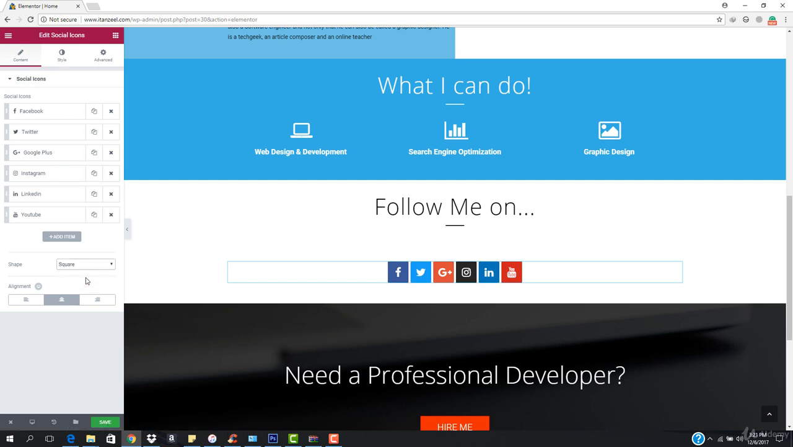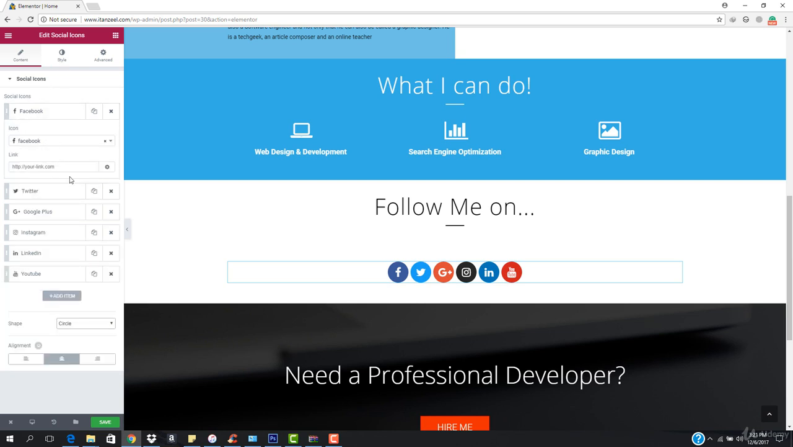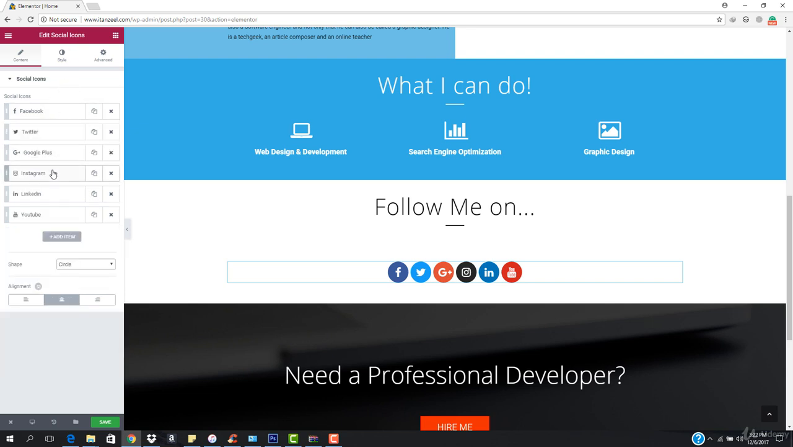So shape can be either square, rounded, or circle as well. I think I like the circle one. And then I want to come here and add these links, so you can add these links later on. I want to come here to the Instagram one,